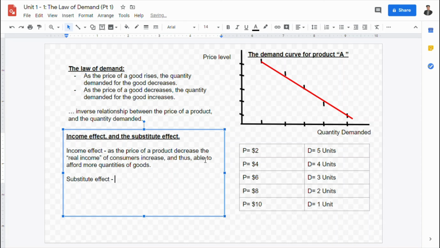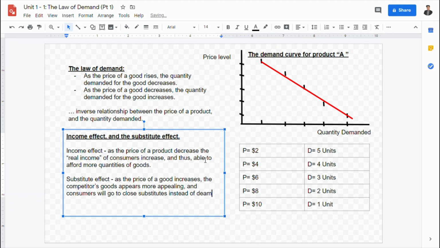It states that as the price of a good increases, the competitors' goods appear more appealing, and consumers will go to a close substitute instead of